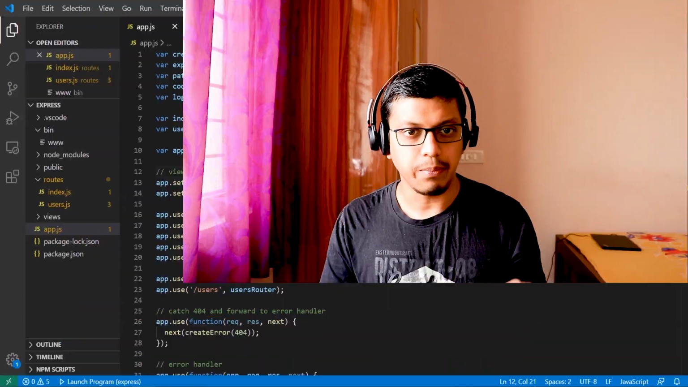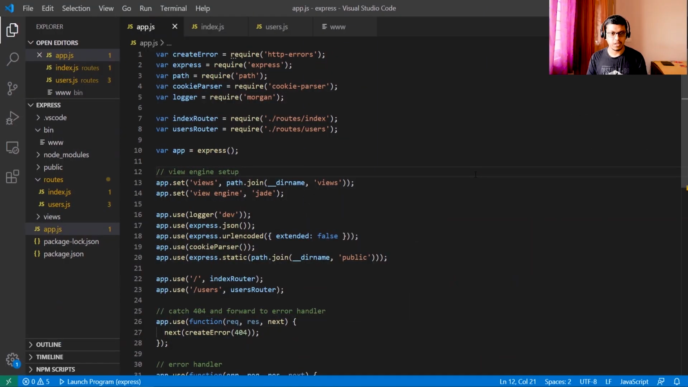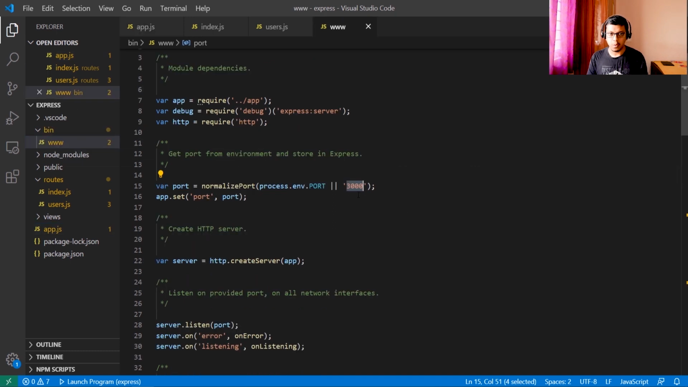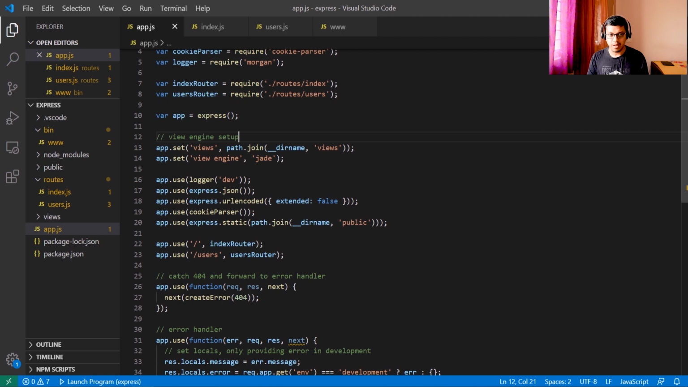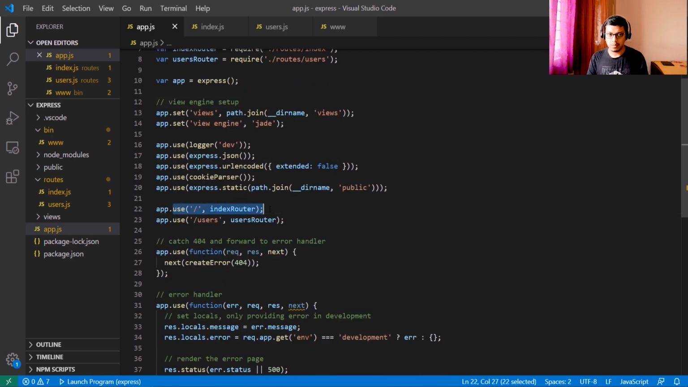So I have created a simple Express.js application using Express generator, and I have not modified anything. It is running on port 3000 and it is using localhost. And here I am just redirecting everything to its particular router. Like blank will be redirected to the index router, but we will be mainly using users and it will be redirected to the users router. So if I go to users.js,